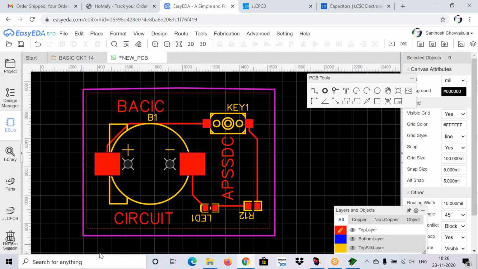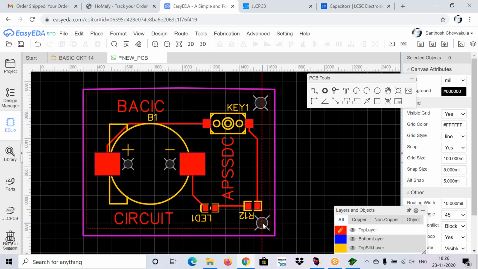Now the process is completed, and for some circuits or PCB boards we need to mount them on some surfaces, right? For that we need holes in our PCB board. For giving the holes you can use the hole option available in the PCB tools. From the right side, the second option is your hole. Click on it and go to the PCB board. You need to place the holes where there is no footprint or no track.